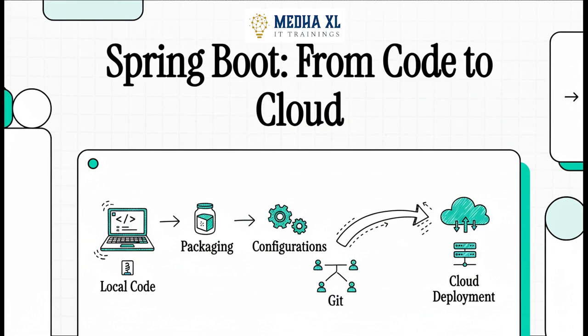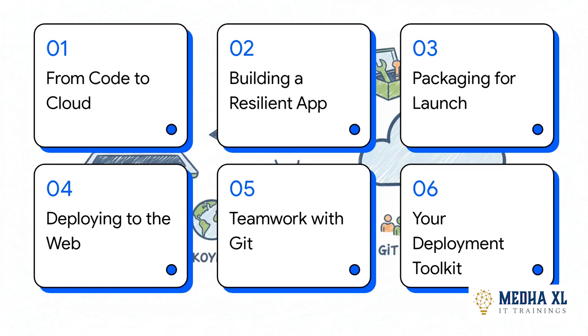Let's dive in. All right, here's our roadmap. We'll kick things off by making our app tough and resilient. Then we'll get it all packaged up and ready for launch. From there, it's all about deploying it to the web. We'll also cover how to work with a team using Git, and we'll wrap up with a handy deployment toolkit